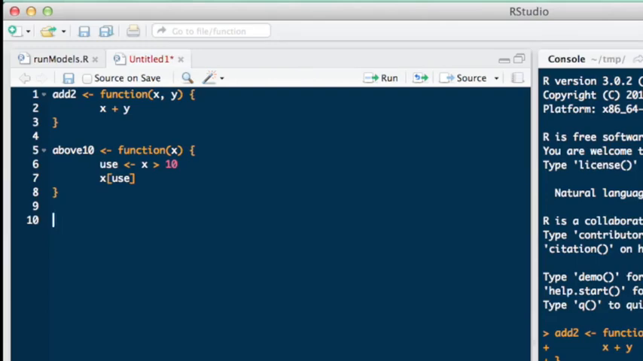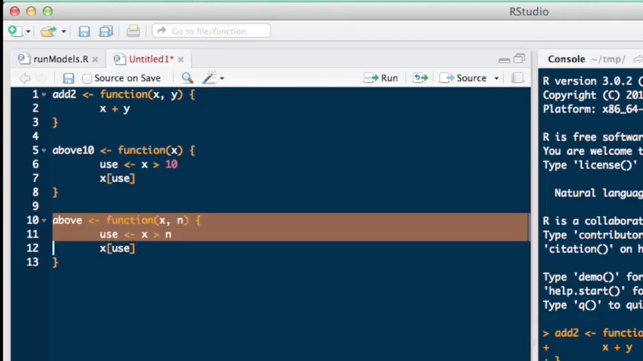So I'll create a new function here, call it above, so it doesn't have the 10 encoded in it. I'll use the function directive, and I'll have a second argument called n, which could be any number, really. So let's start it off. I'll get the curly braces in there, and now I'll create a logical statement that x is greater than n, right? And then I'll subset the vector x based on that logical statement. So now I can source this into R,